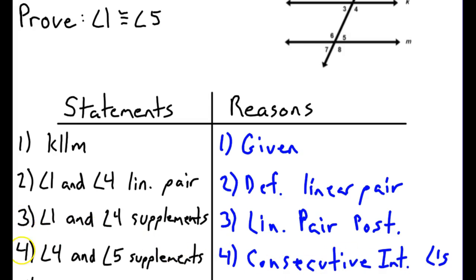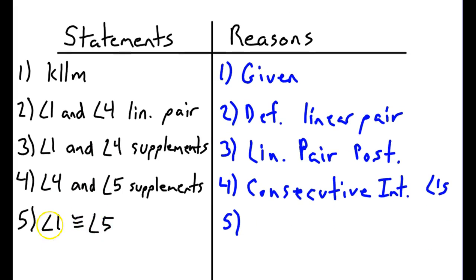Now if we combine steps 3 and 4, we have two angles, angle 1 and angle 5, that are both supplementary to angle 4. So for step 5, I'm going to say angle 1 is congruent to angle 5, and that was our congruent supplements theorem. I used our symbol for congruent, our tilde with the two equal signs. If we have two angles that are supplementary to the same angle, then those two angles must be congruent to each other. So we started with our given that those two lines were